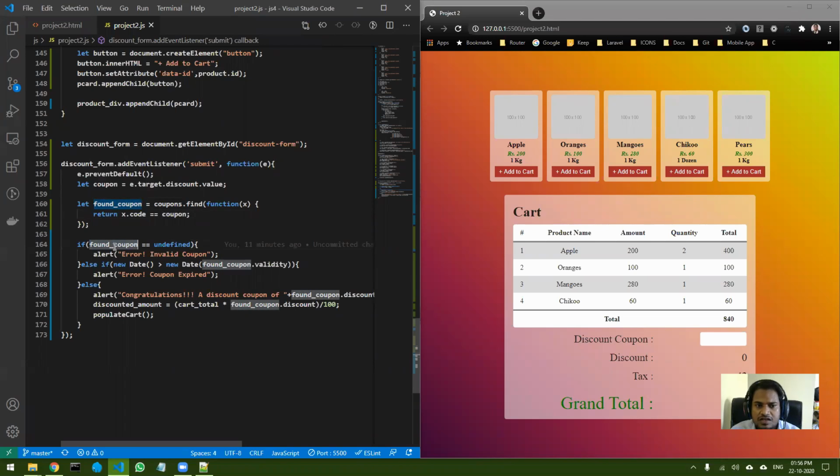So if the coupon is found and it is undefined, then I am sending an alert that you have entered an invalid coupon. Else, I cannot directly apply the coupon. First I have to check the validity. So in the else if condition, this is the current date. If the current date is greater than the date in the coupon,